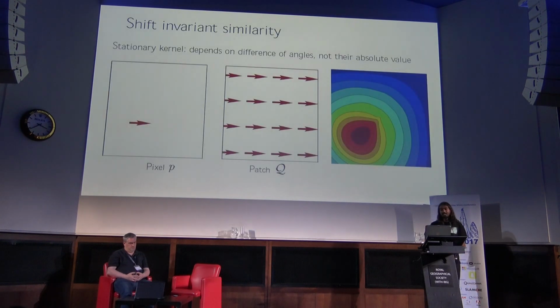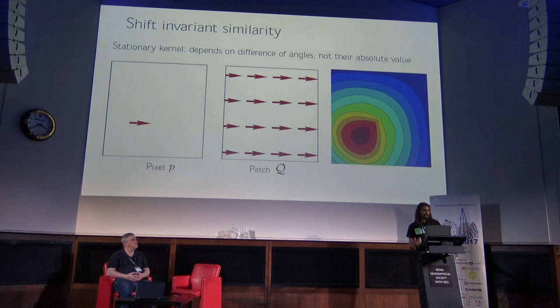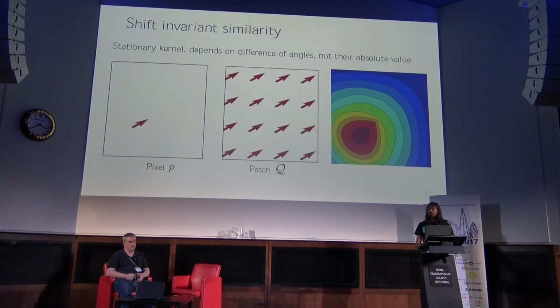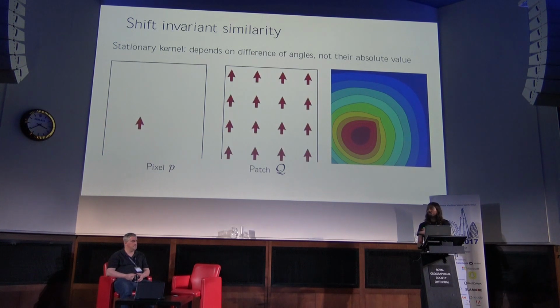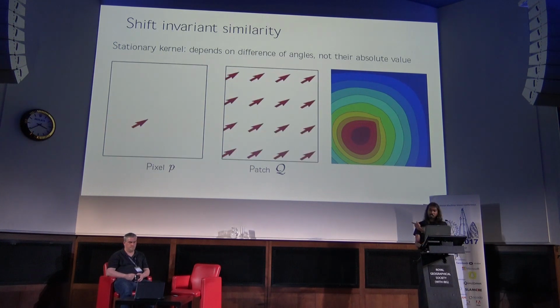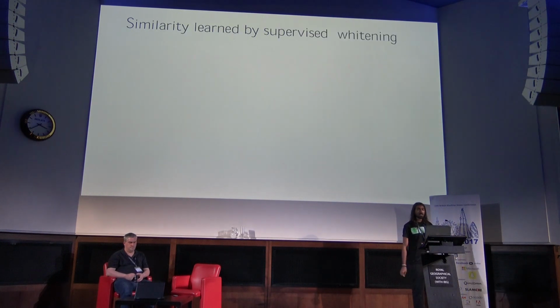Alright, so now we need some intuition, so let's see what this learning actually does. In the absence of learning, the two descriptors that we have concatenated are shift invariant with respect to the gradient orientation, which means that even if the absolute orientation changes, the kernel is not going to change. But what happens once we've used our learning?